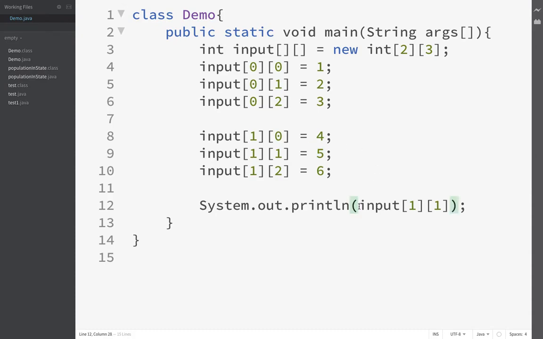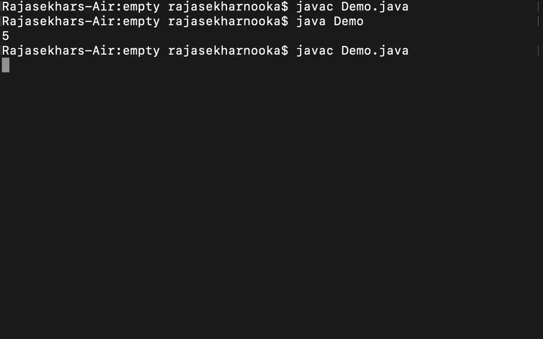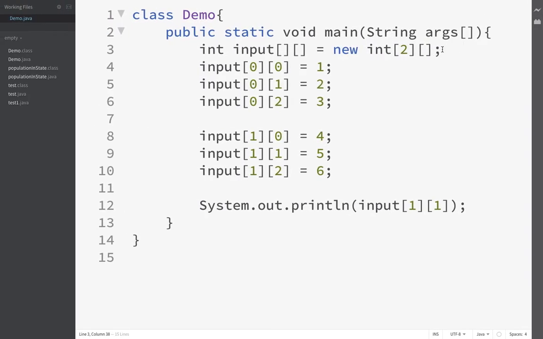So now we'll see a runtime error, not a compilation error. Why? Because this is not a syntax error. We already told that we can give the size of this array, and the inside